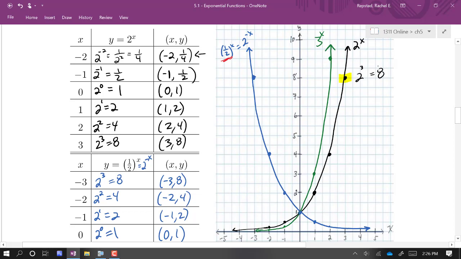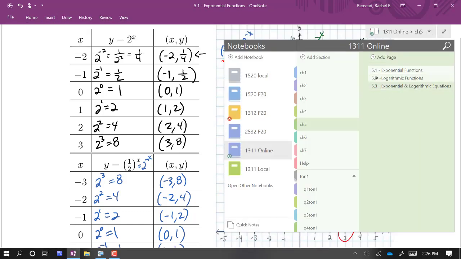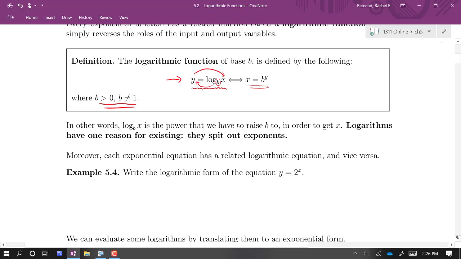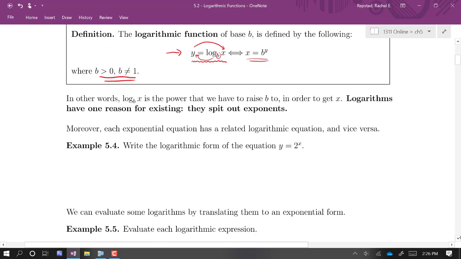With the logarithmic function, we're going backwards. I'm saying, what if I tell you the y-coordinate? What if I tell you, I want to know when the 2 to the x function takes on the value 8? Can you tell me the exponent I'd have to put on 2 to get that? That's what the log function does, it tells you the exponent you need. So we're going to get some practice working with the log functions, using this definition to rewrite a log function in an exponential form and vice versa,